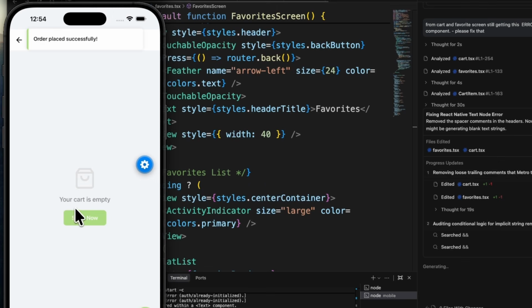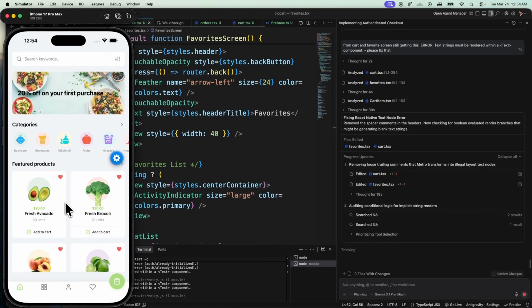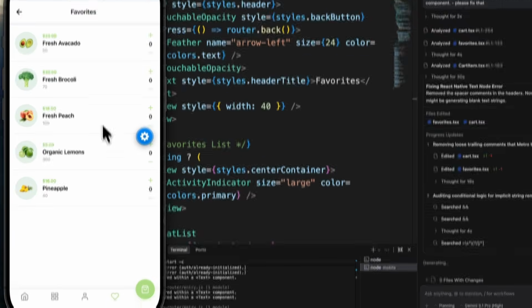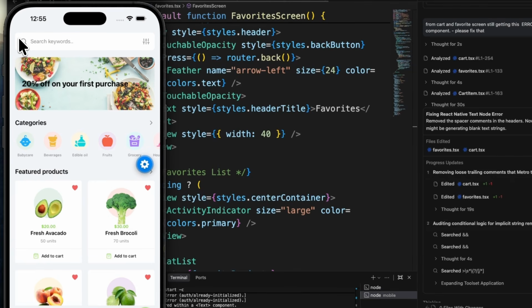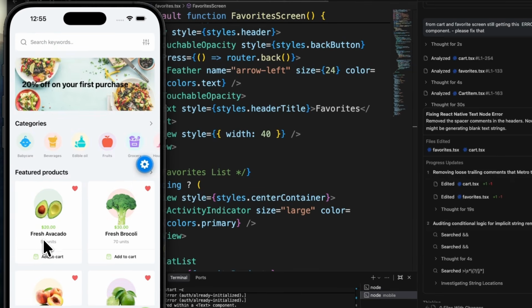It's clearing the cart, making it empty. So it's doing these things in a pretty decent way so far. And this error, I think, has disappeared. Now we can add one more button here, which can also remove from the Firebase, which is pretty cool to do. So right now you can see this is a fantastic build from my side till now,